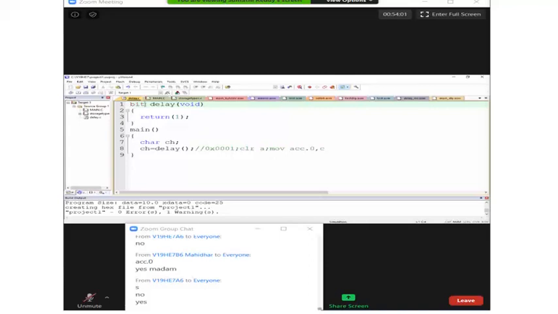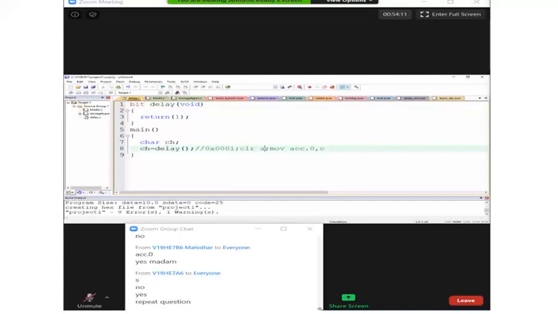All the MSB bits will be appended with zeros. How can we do that? You take the single bit into the carry first. You clear your accumulator. Question is clear to you, right?